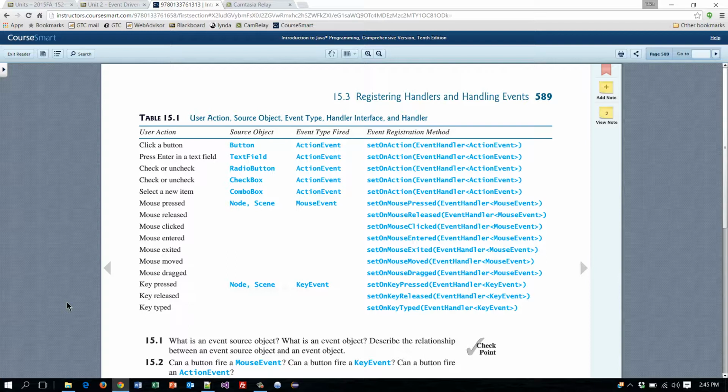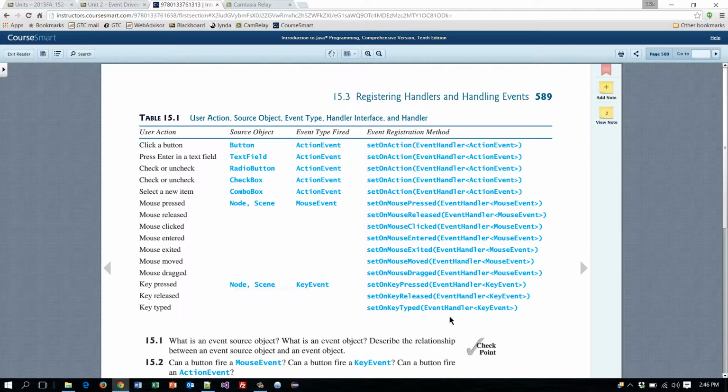Now this next table here shows a complete list of some of the things that we can do in terms of the type of thing that a user does on the screen, then the object that's related to it, and notice with all the mouse and keyboard ones, there's not necessarily an object related to it. Now, pressing the button on a mouse does have a source object, and then some of these are basically repeats. So in other words, all the mouse ones fall into these categories,